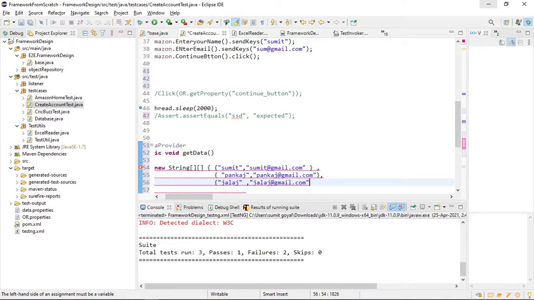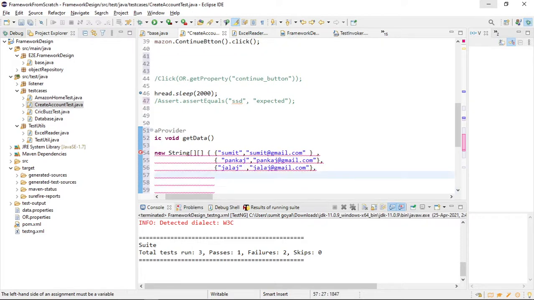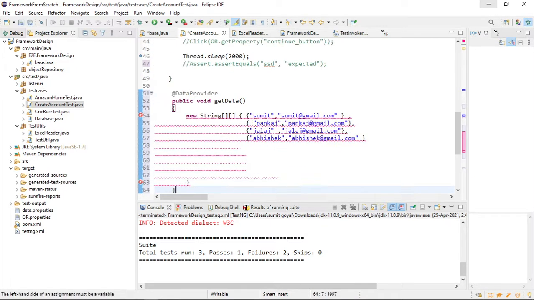And one more test case is there. Suppose I want to run this test case for a fourth person. So I can say the name and the dot com email. So I have created one array. So where is the error?